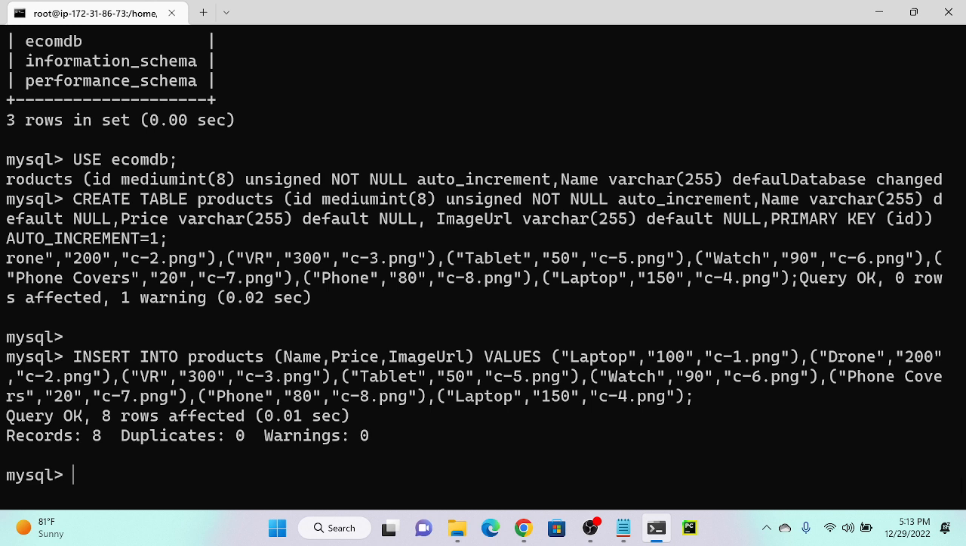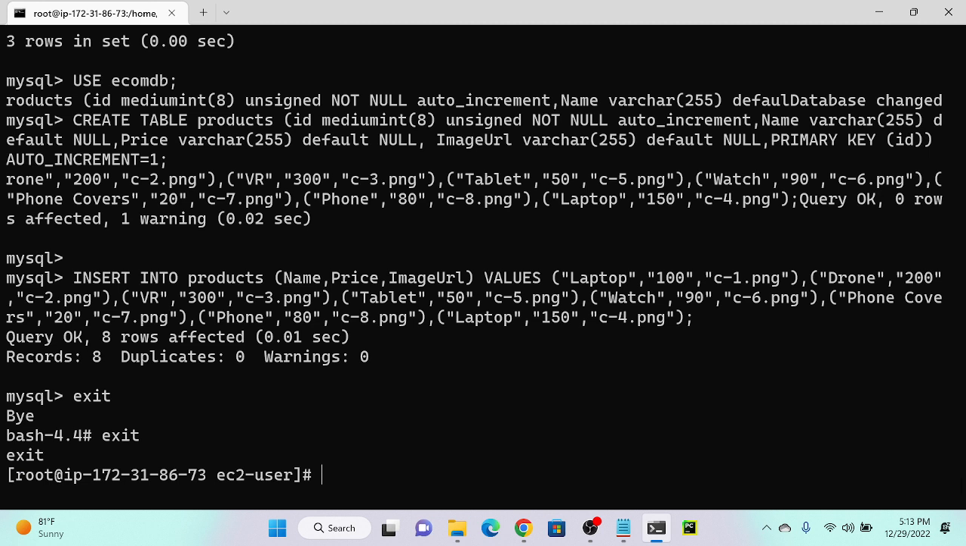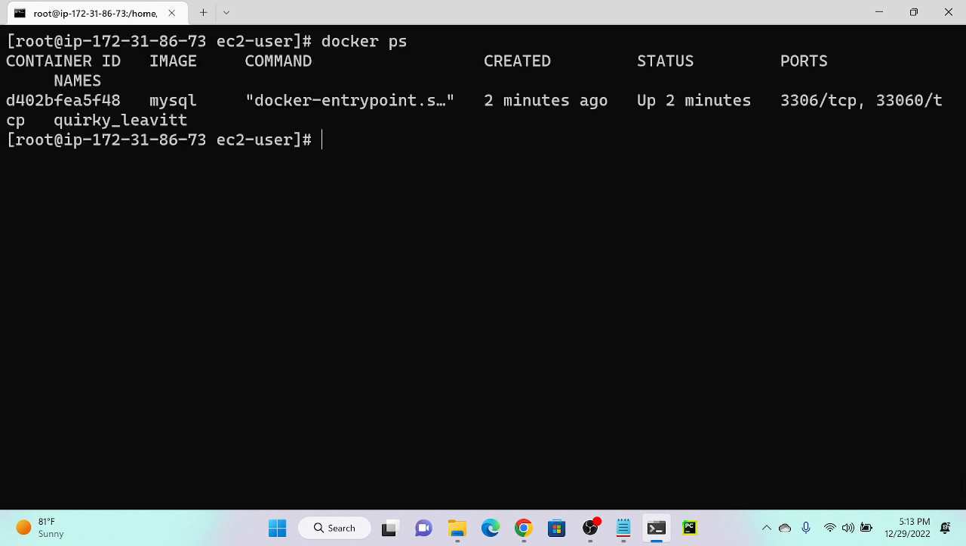Now we can create our e-commerce application image. What is the command for that? Exit. Okay, successfully done. Now you can see that I have only one container. Docker ps, only one MySQL container. So I need to create my image over here. So I created an image, right? E-commerce image. What is the command? docker run -d